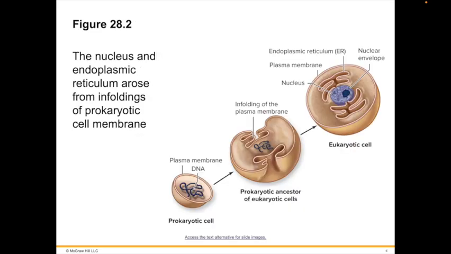Many prokaryotes have infoldings of their outer membranes extending into the cytoplasm that serve as passageways to the surface. The network of internal membranes in eukaryotes is called the endoplasmic reticulum, and the nuclear envelope, an extension of the ER network, isolates and protects the nucleus. It is thought to have evolved from such enfoldings, as you see here in Figure 28.2.